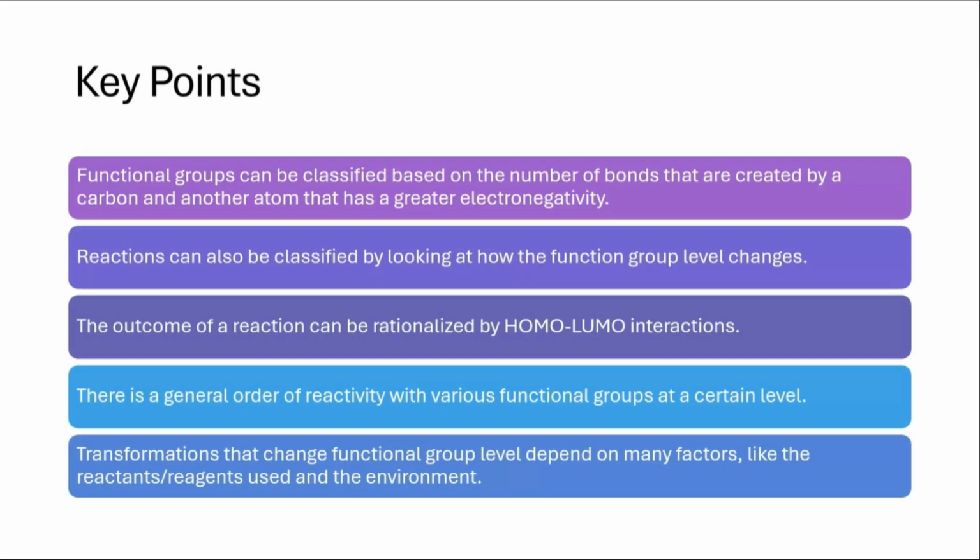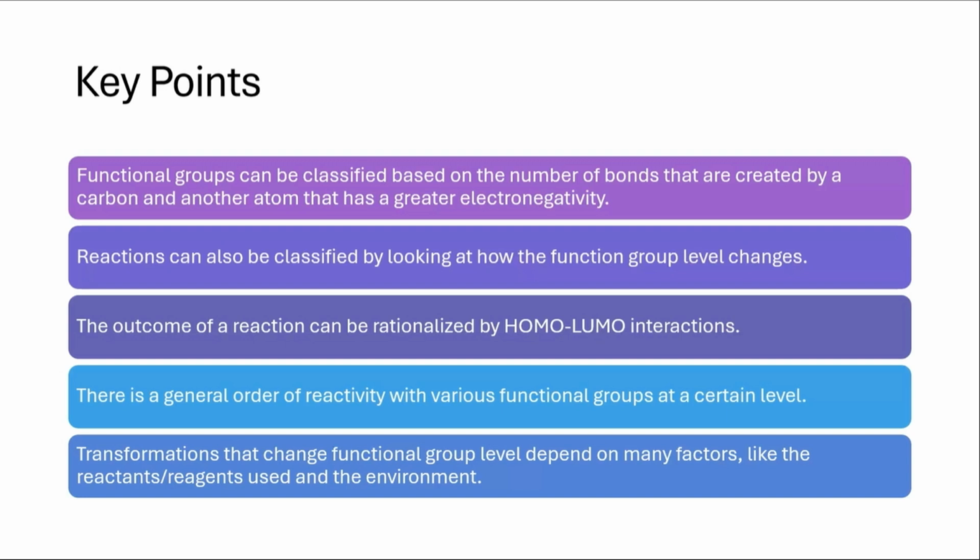Functional groups and functional group levels mainly constitute these first two points. Our third point is that the outcome of a reaction can be rationalized. What does rationalized mean? Rationalized is you give your own rationale for something. You give reasons, you build some kind of proof. Using our knowledge of HOMO-LUMO interactions, which I talked about back in chapter 10,